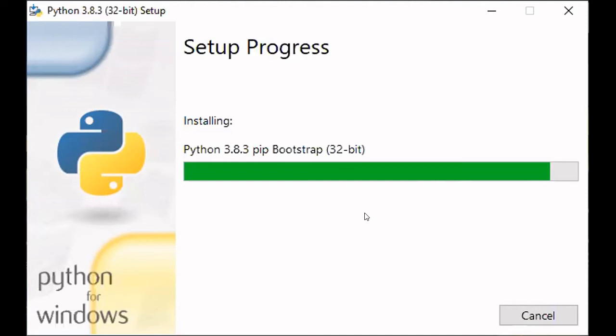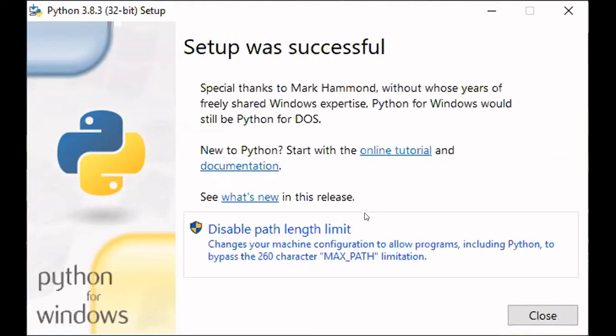Have patience. Patience is one thing you have to learn in computer science. Patience and thinking, especially logical thinking. Okay, so this is done and you're going to click on close.